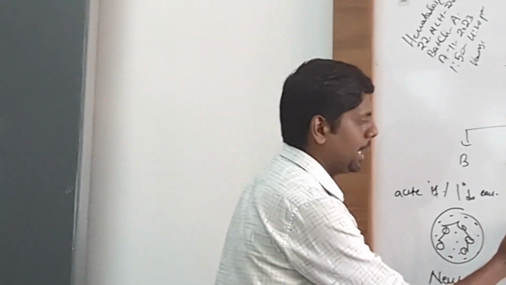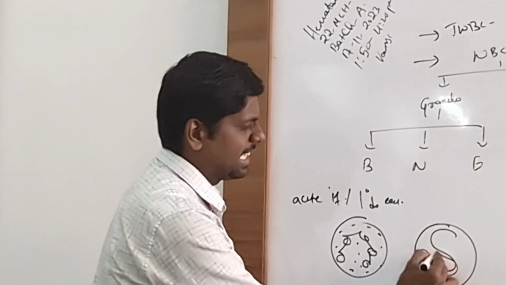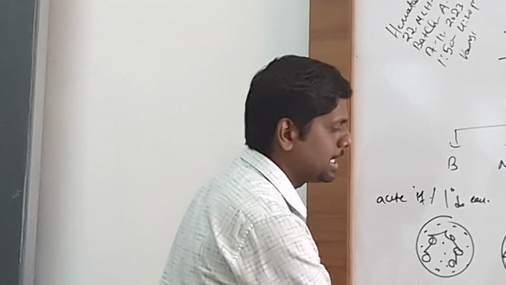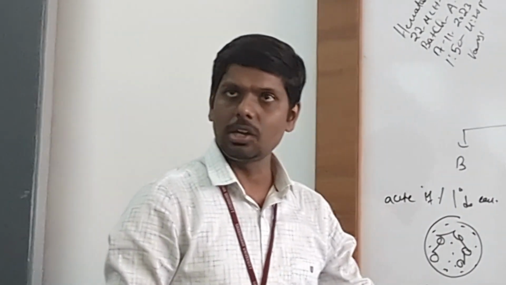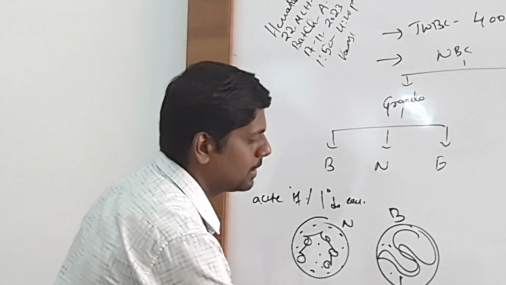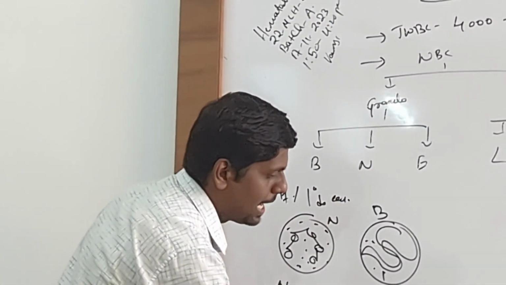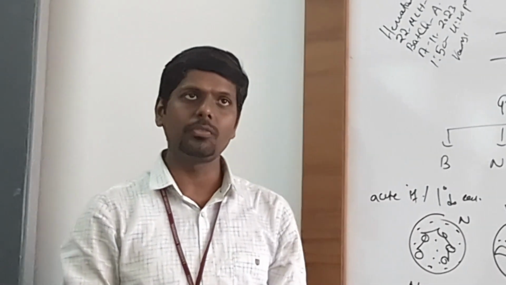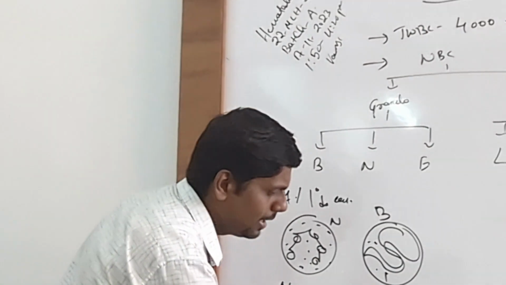Then how would you identify a basophil? Sigmoid shaped nucleus, so it almost looks like an S-shaped nucleus. And what granules are present? Blue color granules are present. Significance of basophils? Antiviral, plus any other? Anti-cancer. Any other significance of basophils? A natural anticoagulant is secreted by basophils. What is it? Heparin. So heparin is secreted by basophils.